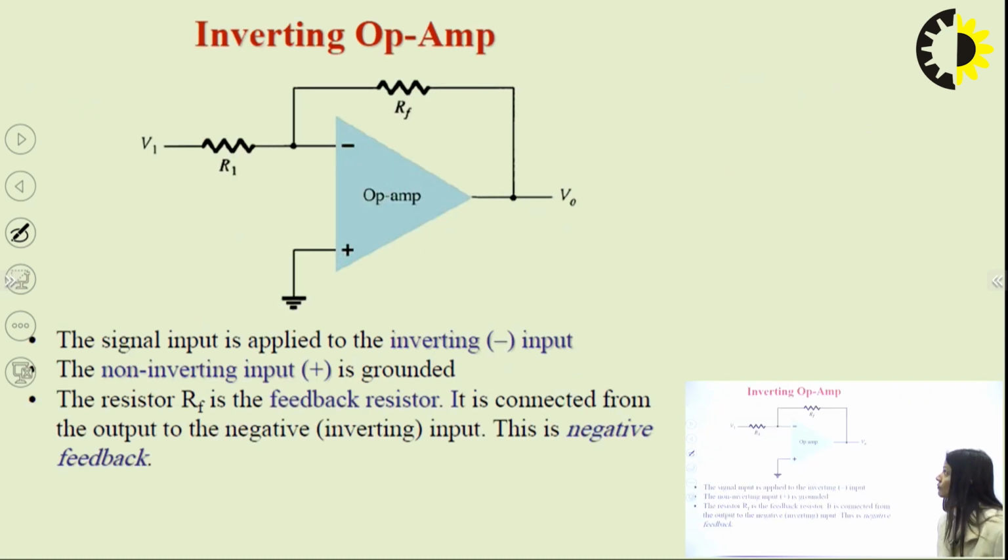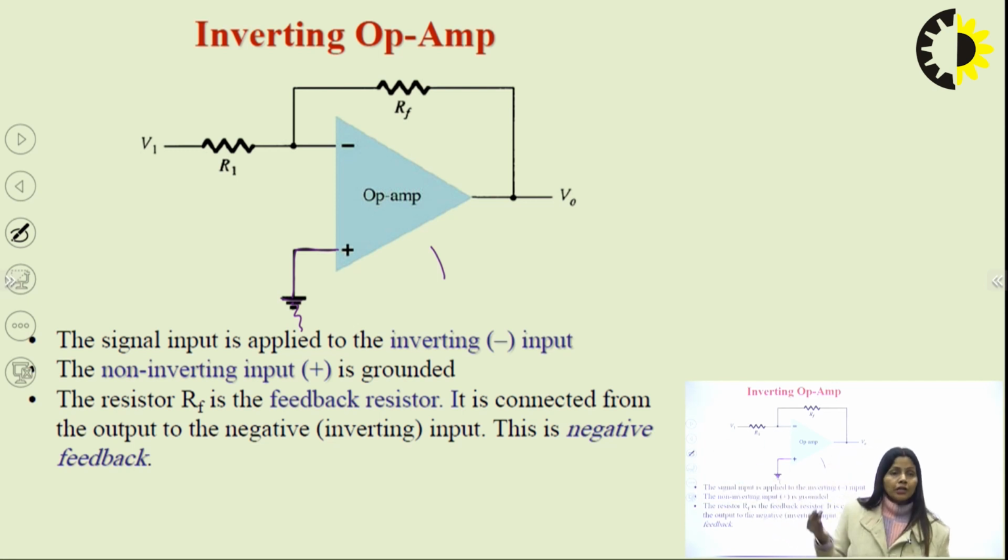Now coming to the inverting op-amp. What we have learned up to this point, I am going to explain the concept of getting an output from the input terminal. Let us consider one OPAMP circuit which is known as the inverting OPAMP circuit. Here, one OPAMP is there in the circuit. This positive terminal has been grounded. The OPAMP which we are using is ideal OPAMP. There is one feedback,